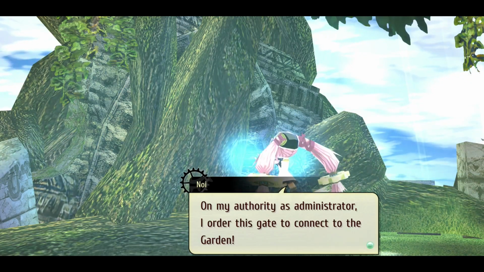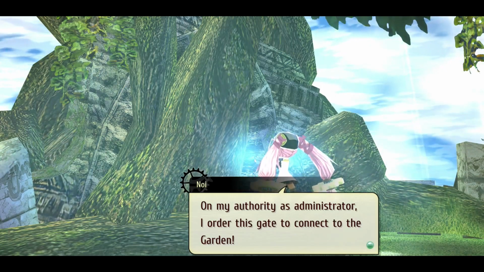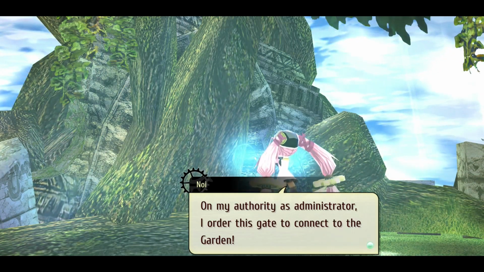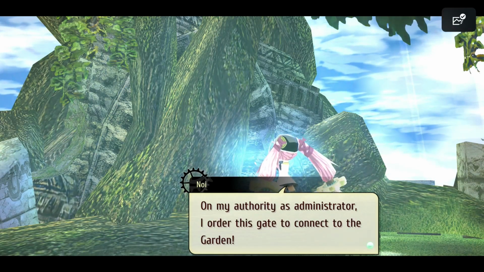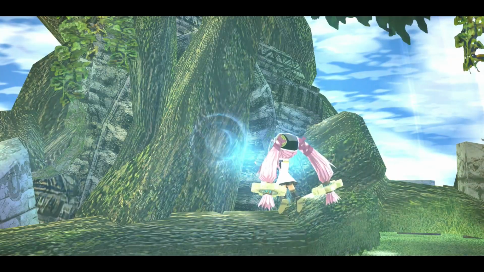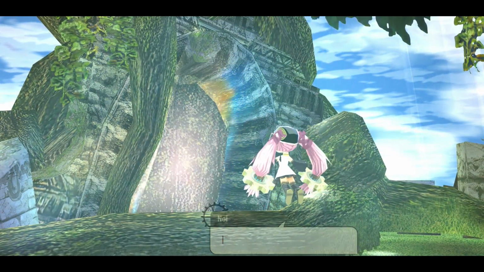Wait, oh, excuse me? Why does this seem so familiar to what happened in the True Reverie corridor in Reverie? You know, "By my authority as administrator, I order this gate to connect to the garden," like all this stuff. I mean, I'm sure it's not exactly the same thing, but...